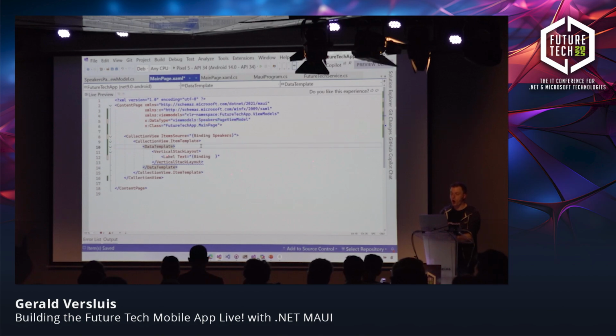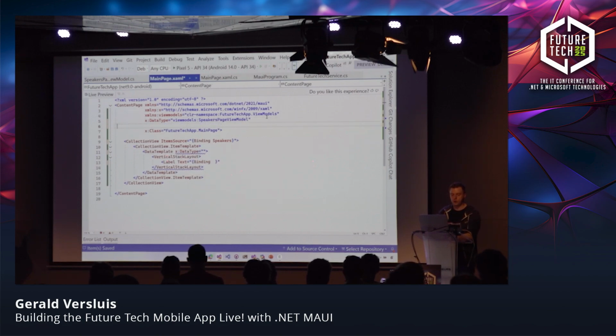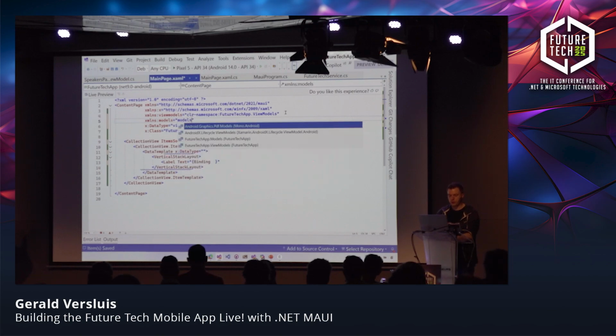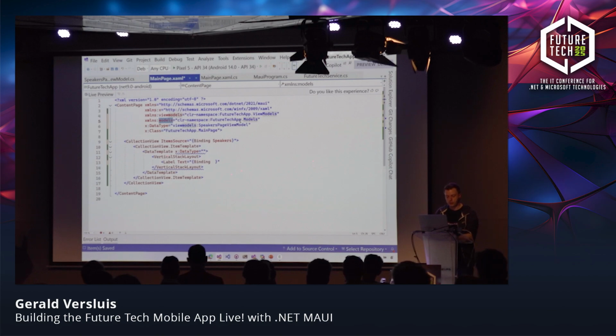So what we can do is, on any level, you can add this to any element in .NET MAUI. You can say, hey, another x:DataType is, and now we need, oops, let's do it here so that we have them all grouped together, an XML namespace with my Models, and I can go to Models, that one. Now I have access to my Models namespace right here, and I can say Models.Speaker. Now it knows that for this scope, I should look at the Speaker entity. So if I start typing here now again for my binding,